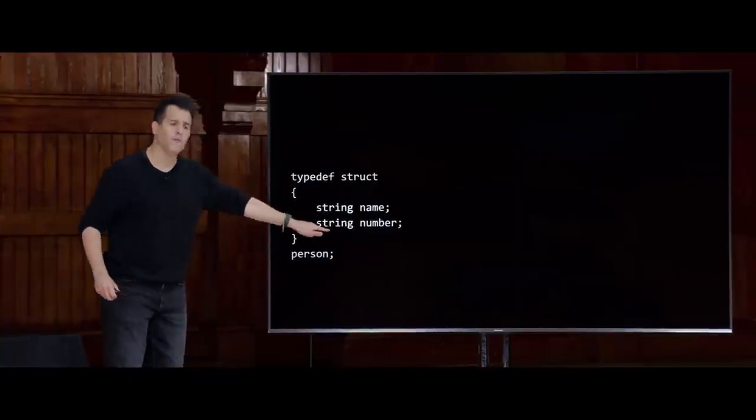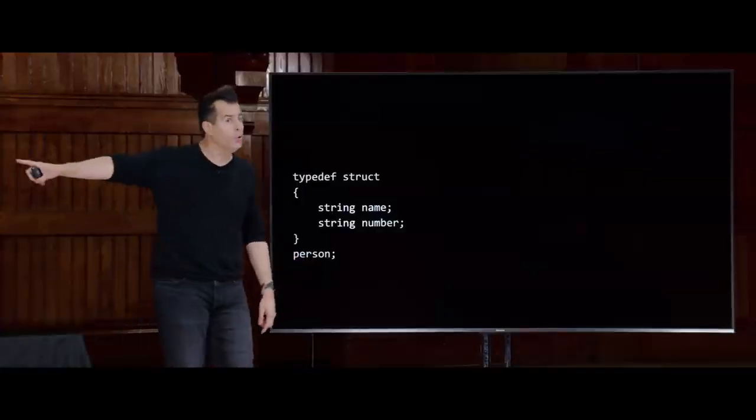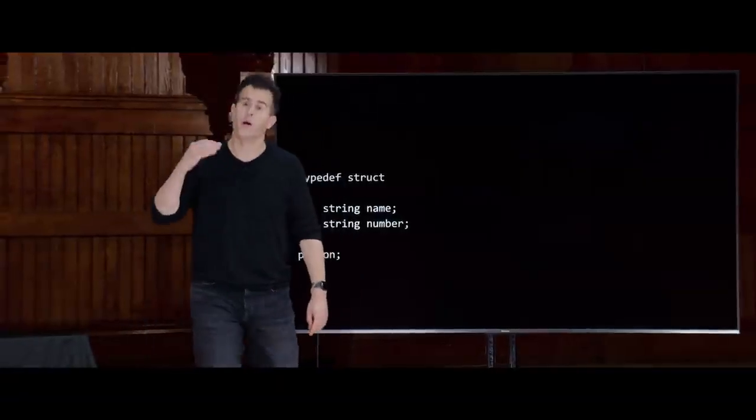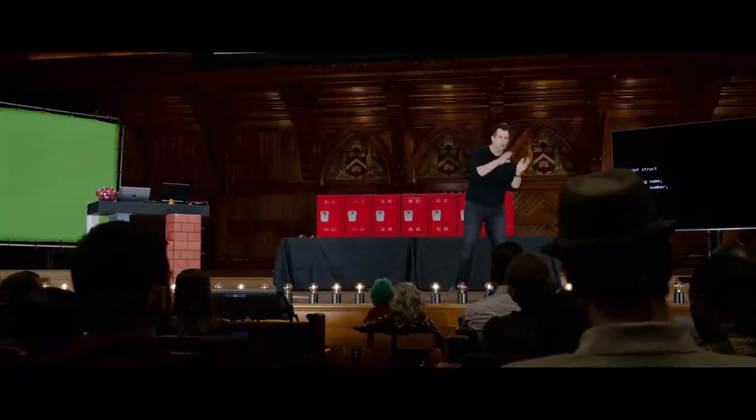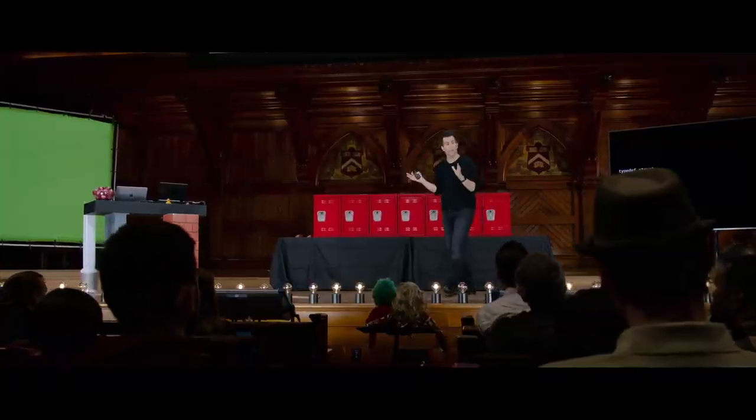Now, as an aside, I deliberately use string here for both name and number. I used string in my code a moment ago for those phone numbers. Why did I use a string instead of an int or even a long for my phone numbers? It wasn't actually a mistake. Yeah, like the hyphen, the country code, maybe parentheses if you format your number differently.